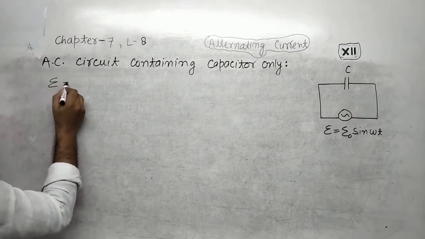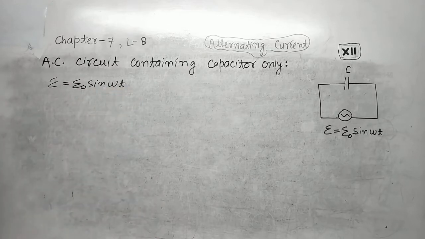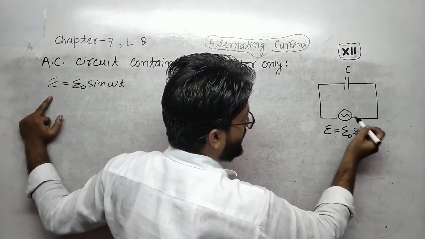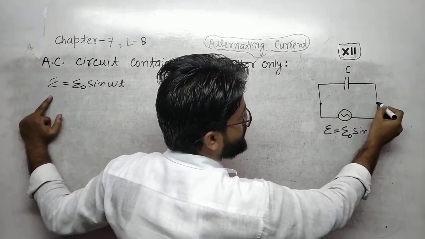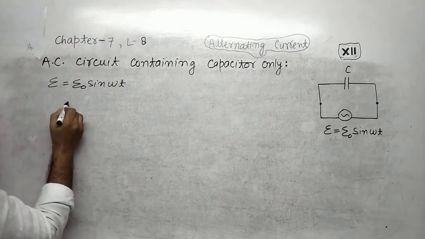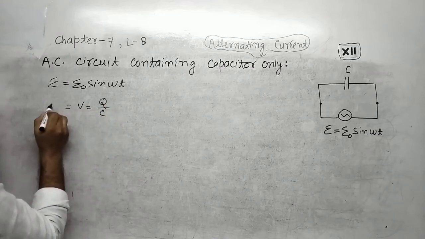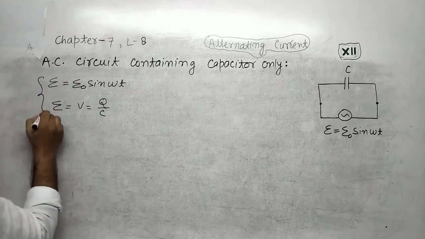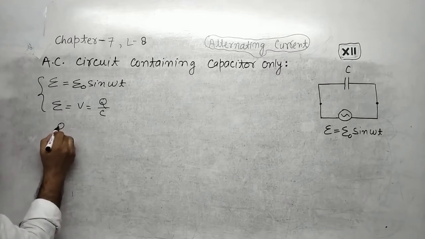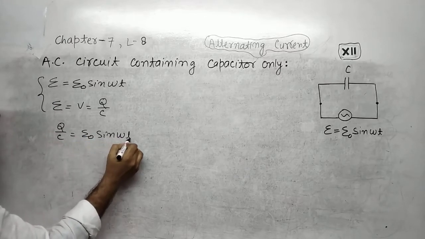We know that E is equal to E naught sine omega t. It is the potential or EMF across the AC source, and also the potential across the capacitor. We know that V is equal to Q upon C. In place of V we can write the EMF. Now you can compare: Q upon C is equal to E naught sine omega t, and we have to calculate what